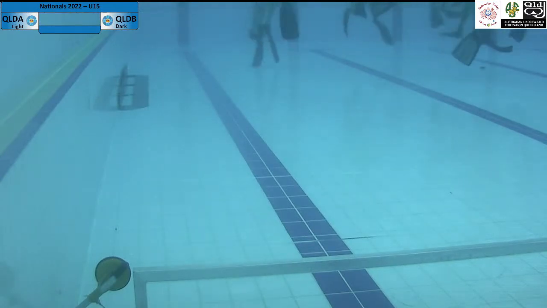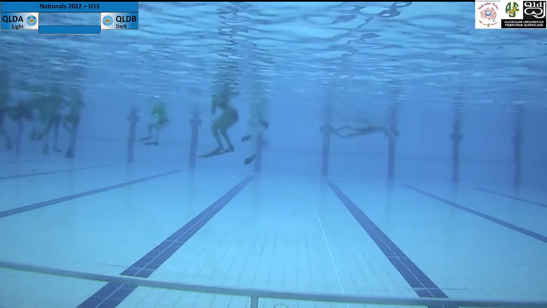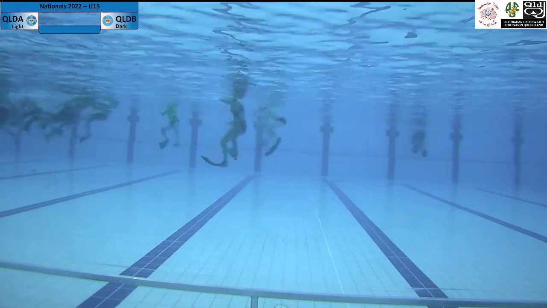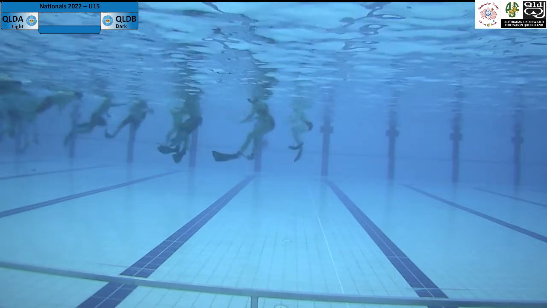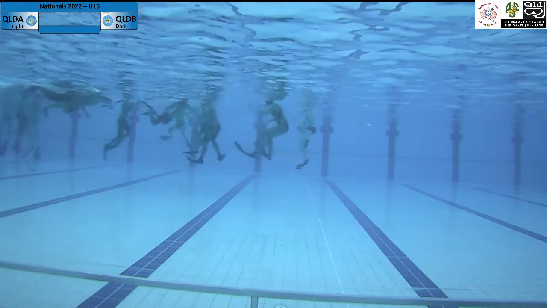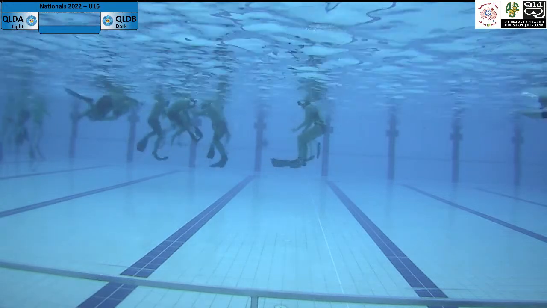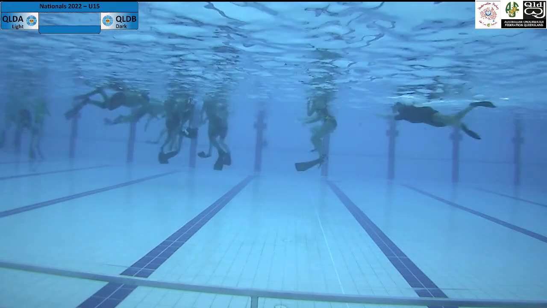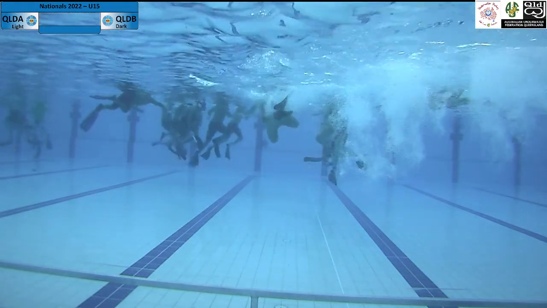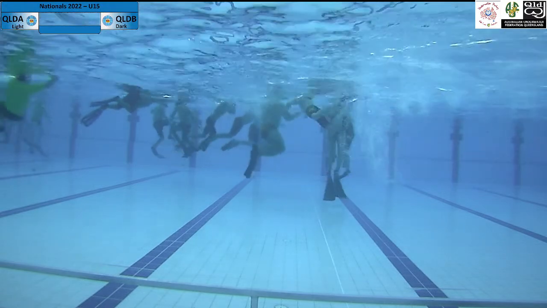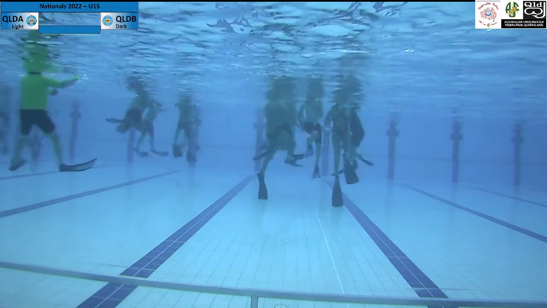My apologies about the quality. Again, apparently I'm not a technology person, but apparently the further you have to run cameras and cables away, the quality gets decreased. But the good news is, if you're watching the World Championships here next year at Southport, it's going to be different gear, so it'll be a bit better quality. But we can see the white team got a free puck and it's swinging it right down, but I can see the refs' heads above water, so they've called something. And again, you don't have an out-of-water camera here at the moment to see the ref's call, so it's anyone's guess.